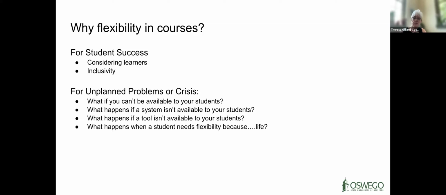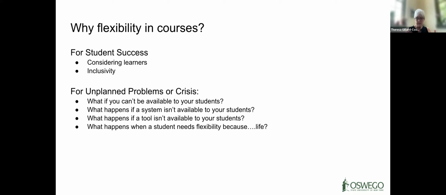But it's also the flexibility also for inclusivity. So thinking about using universal design for learning and also addressing diversity, equity, and inclusion and social justice within your discipline. And those considerations for all, regardless of race, class, ethnicity, gender, LGBTQ identities, disability, and or religion. But you also have the crisis component.